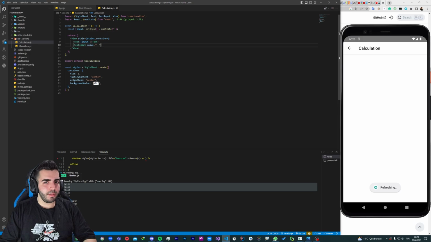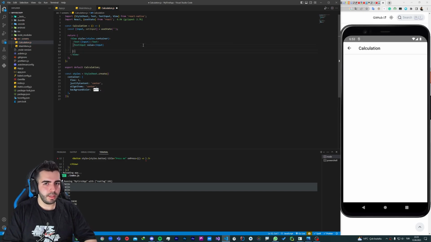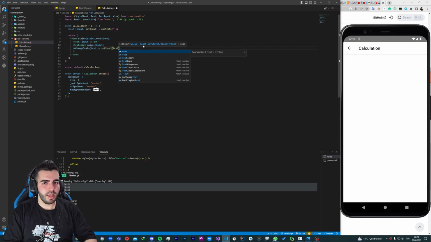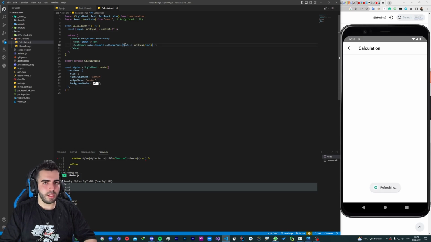Oh, I'm a little bit tired. So the value should be, no, value is the object, the input object. And on change text, we get maybe text, and it goes to the set input and takes this text. It's the prop that we called inside of this onChangeText. It gives the result when we type something in text input. I have to add